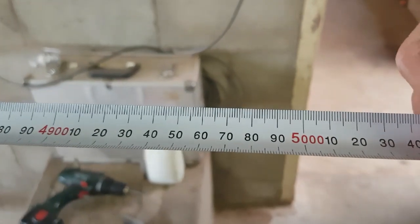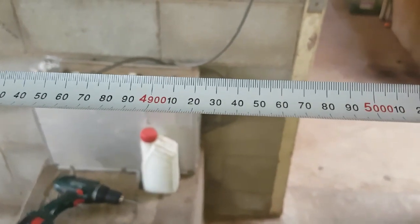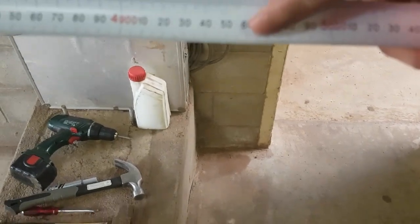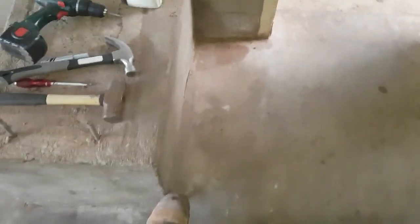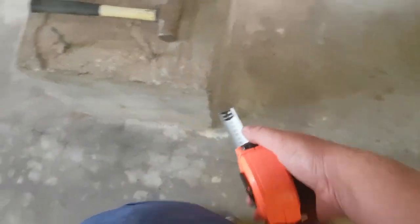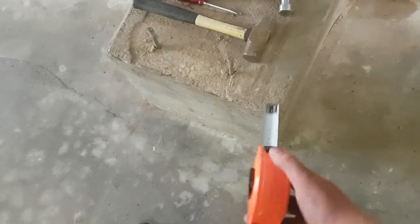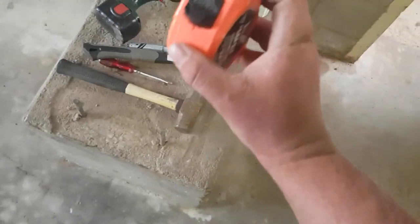Alright, there's 5 meters minus 50 mils, because that's what that sign is from the wall. So we're 4,950, somewhere here. I'm half tempted just to go to the edge of this and call it a good 4,900. Not sure yet. My reasoning for that is because then I can mount the corner of the bench to here almost. Well, not really, because it's going to be too wide, but I can put something substantial off the corner there and make my vise on the corner here